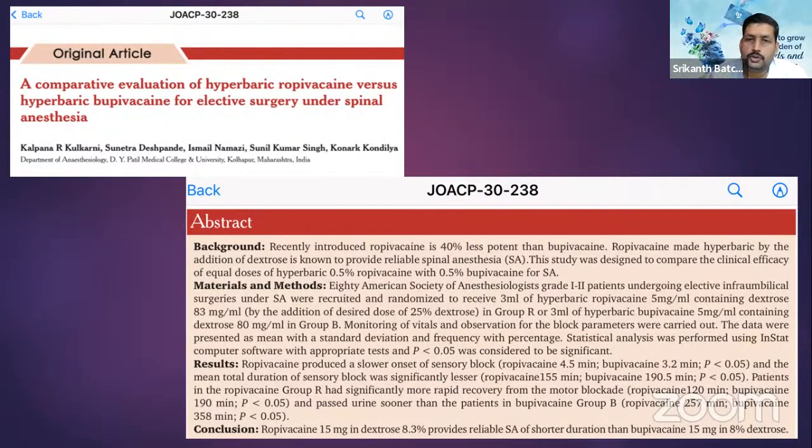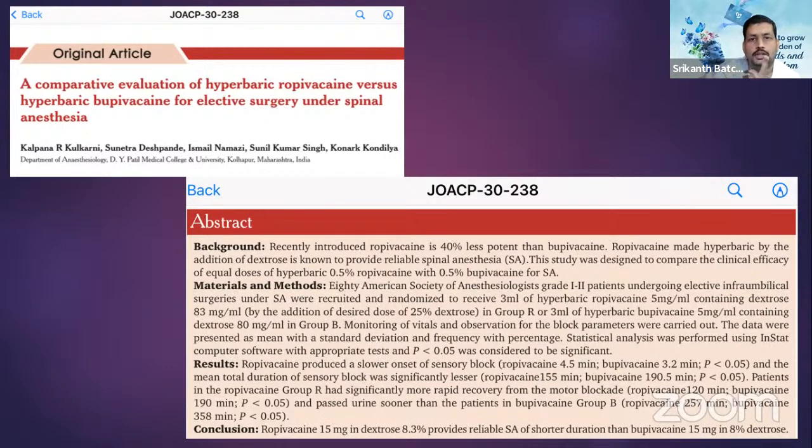Actually, we used to give it in our post graduation, sir Kiran and I both know, with isobaric. The problem was that we had very good blockade for abdominal surgeries and all, but we had to wait a little bit more time. Also the motor blockade is very less with ropivacaine. For abdominal surgeries most of the time it was sufficient, but ortho surgeries we didn't give at that time. Now it came with hyperbaric, so I tried